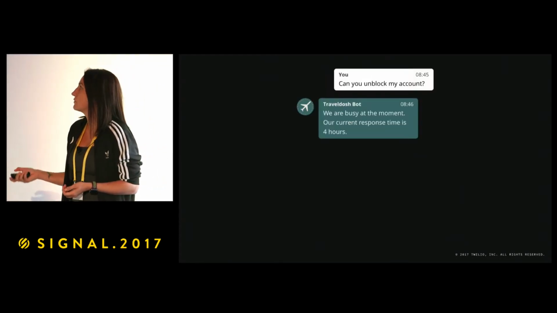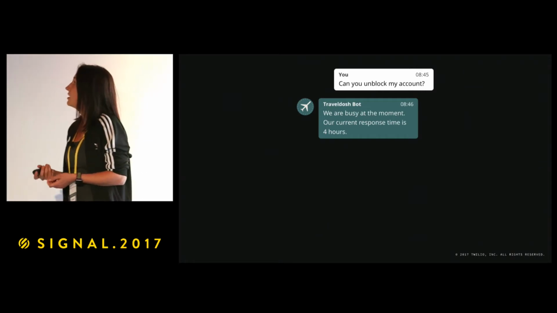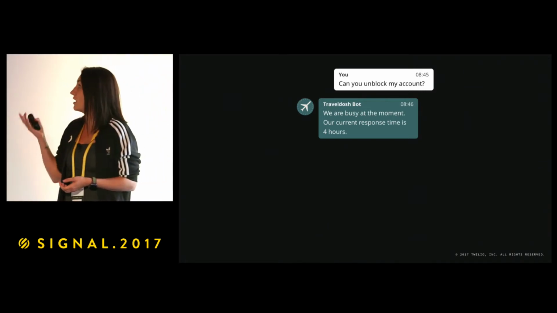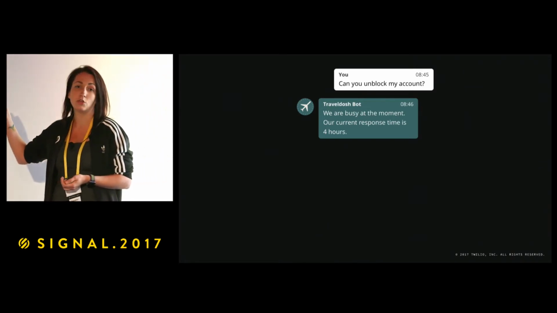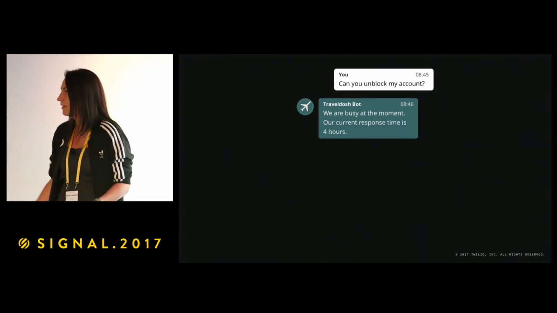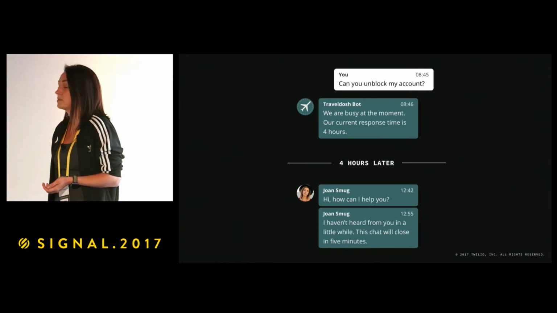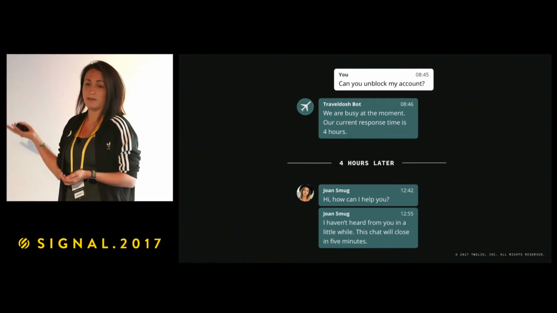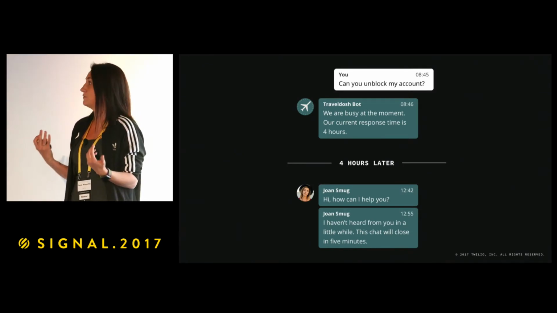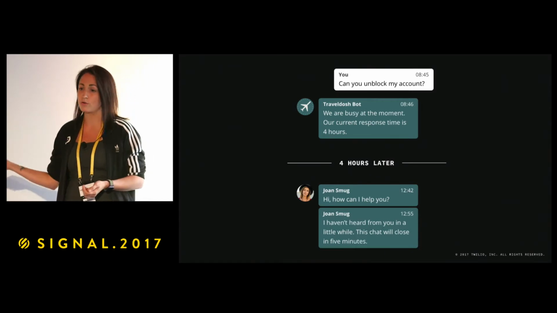So I write to the chat, can you unblock my account? And I automatically am informed that the queue is 4 hours. All right, so in 4 hours, the agent is available, and I'm not, just because of the difference in time zones and their working hours.